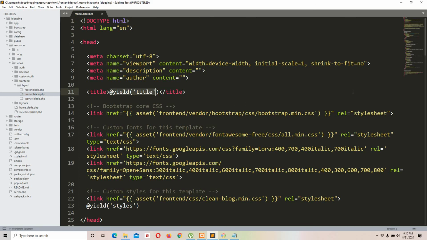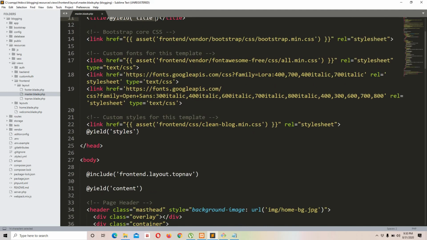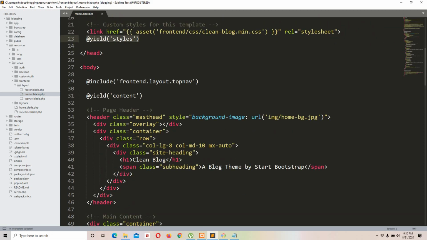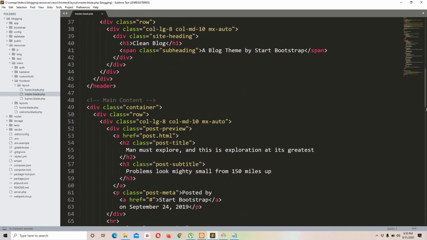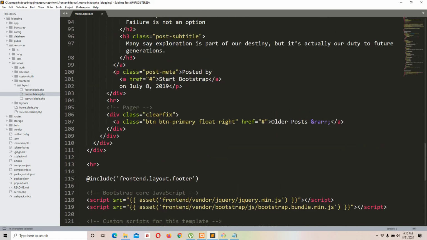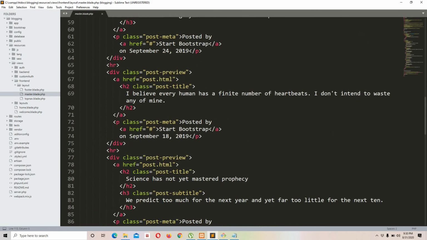This section is related to title, and this section is related to any specific page related CSS, and this section right here, content, is related to every specific page related specific content. Okay, because in our case every page is going to have its own specific content. Okay, and right here every specific page related JavaScript section. Okay, nice and clean. Okay, so in this case I'm going to copy everything from this HR to right here,